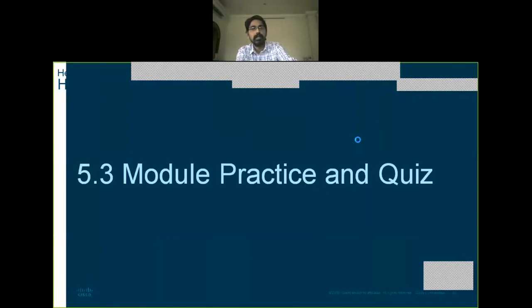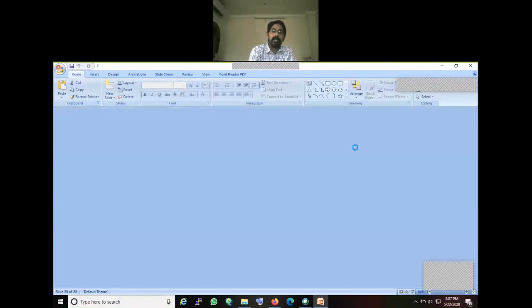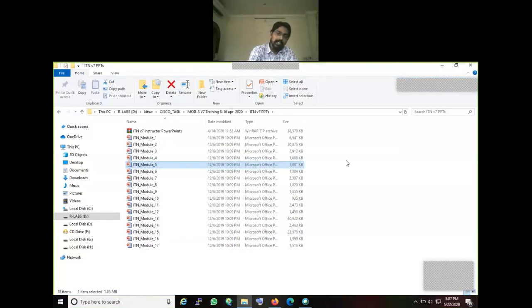With this, the conversion module is finished. Binary to decimal, decimal to binary, hexa to binary, hexa to decimal, and decimal to hexadecimal. This is the basic conversion format. What is the importance of using conversion? The system recognizes only binary format, so we need to convert our decimal to binary. Next, IPv6 addresses use hexadecimal format. MAC addresses use hexadecimal format. That's why we need conversion into hexadecimal, right?